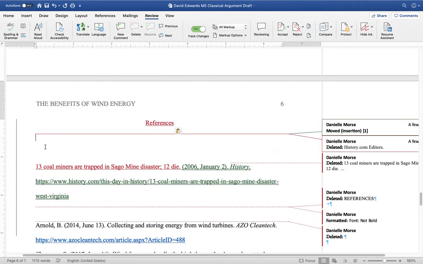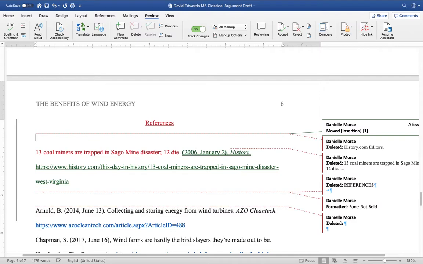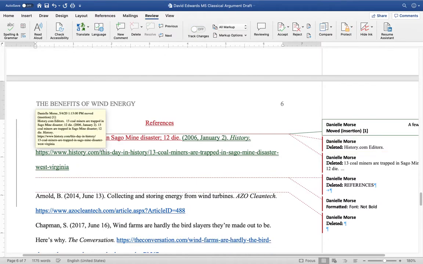This one's going to be full of colors. Okay. Let me turn review up. Track changes off for a second so I can fix this properly. There we go. So,